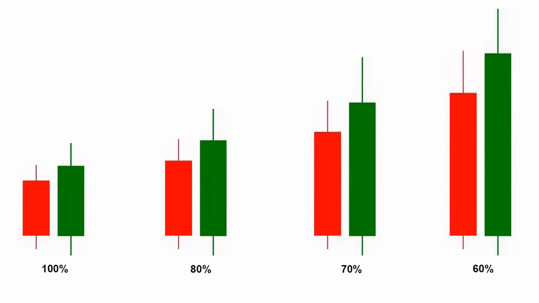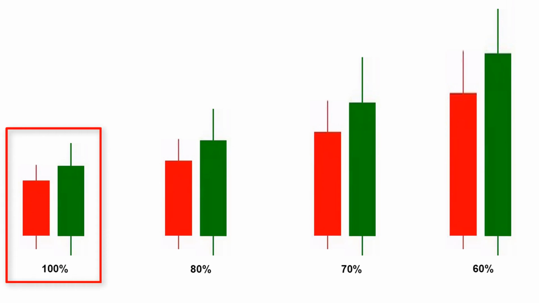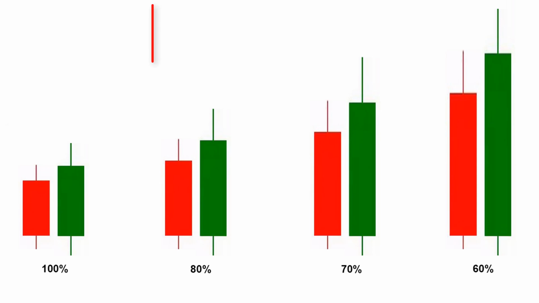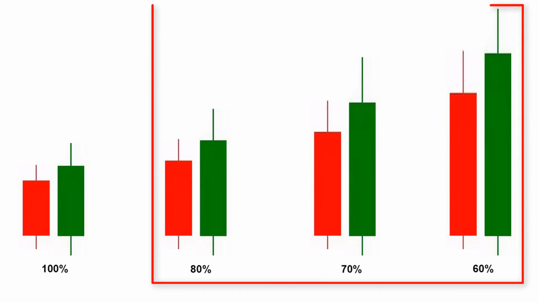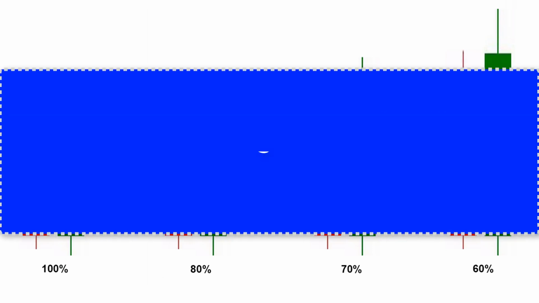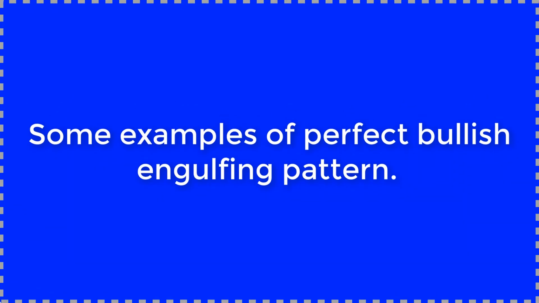The candles should also be average. In this picture, this is the average pattern, so the success rate of this pattern is around 100%. But in these patterns, the green candles are between 120% and 140%, but both candles are larger, so the success rate of these patterns is reduced. Therefore, we should only trade the average pattern to get higher success rates.